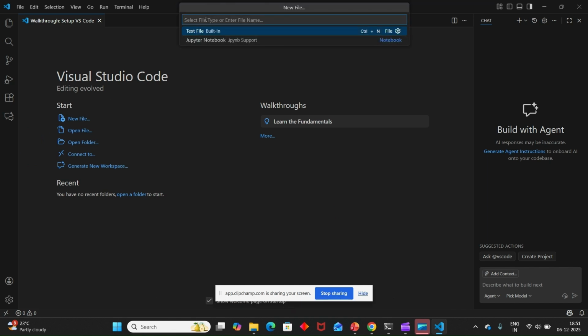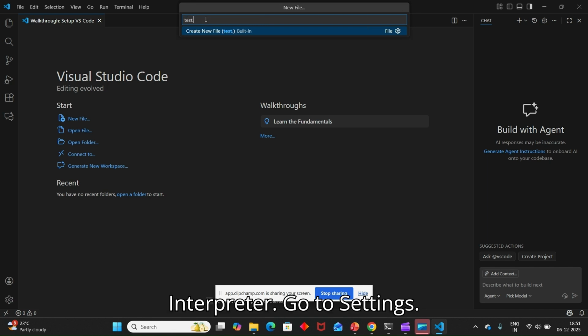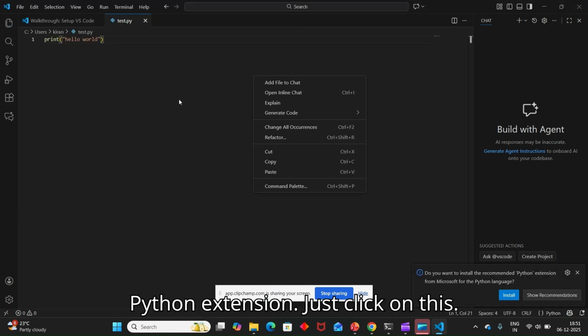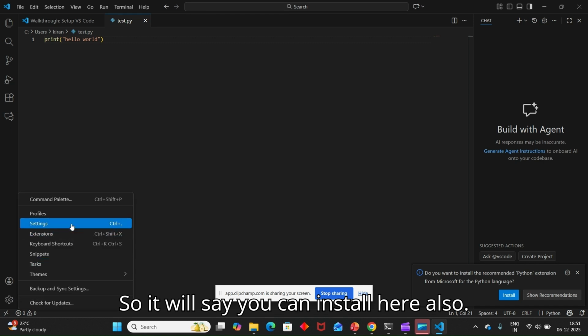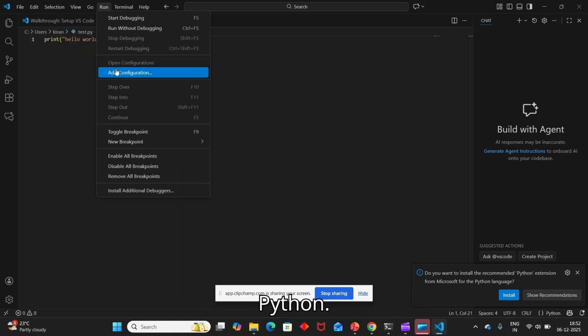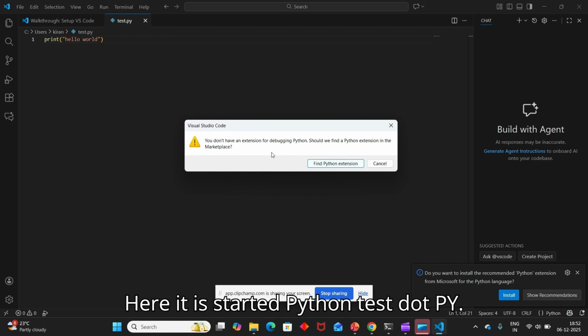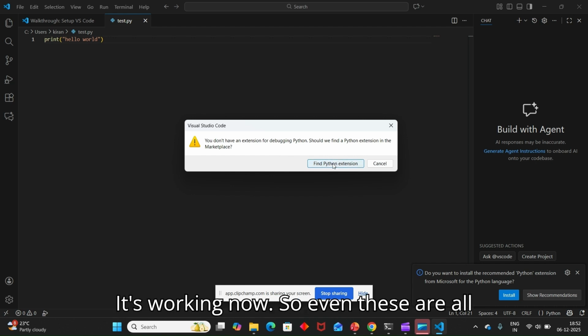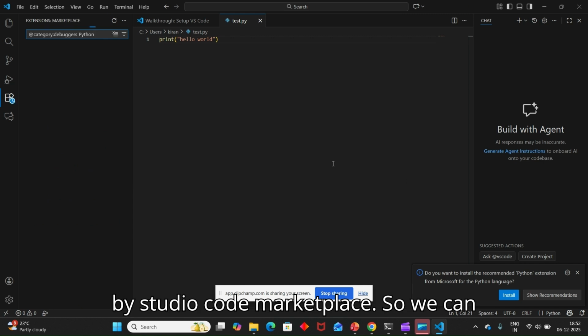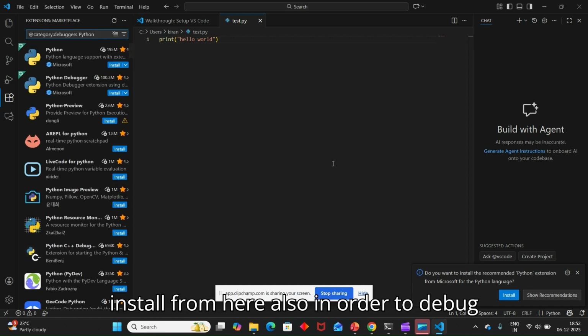We can name it test.py and save this file. Just right click. In order to run the interpreter, go to, sorry. When you try to run this Python script, it will say find Python extension. Just click on this. So it will say